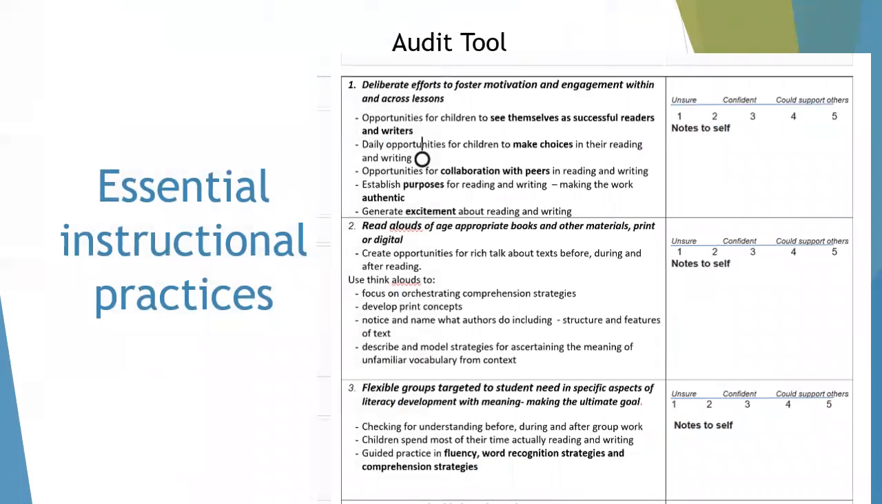In your pack or in your Google Classroom right now, there are a series of resources. One of them is an audit tool. You'll see that if you go into the audit tool file, you'll find an audit tool for each year level. So you'll find a pre-K one, which is for preschool teachers, a K to 3, or a 4 to 6. You need to print or have access to the audit tool that is relevant to the year level in which